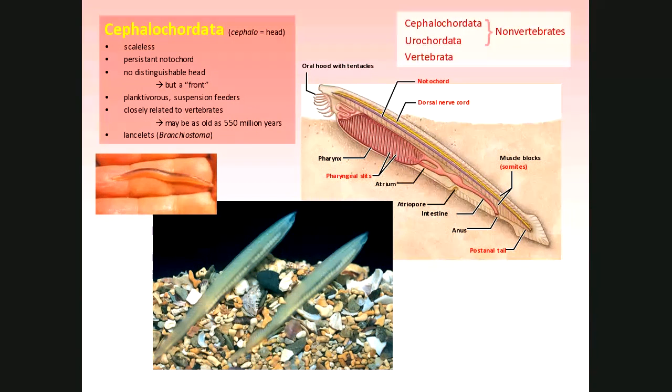So to kind of make it easy on myself, what I've done in the upper right is I've listed the 3 groups of chordates, the big groups we're going to talk about. Now, the vertebrata is the birds and the mammals and all those other ones. But these 2 special groups, the first one I just introduced to you, the cephalochordates, and the next one, the urochordates, I like to call them the non-vertebrate vertebrates. So instead of calling them the invertebrates, which would be wrong because they're not invertebrates, I just changed it and said, okay, these are non-vertebrate vertebrates. They are chordates, but they don't have a vertebral column.